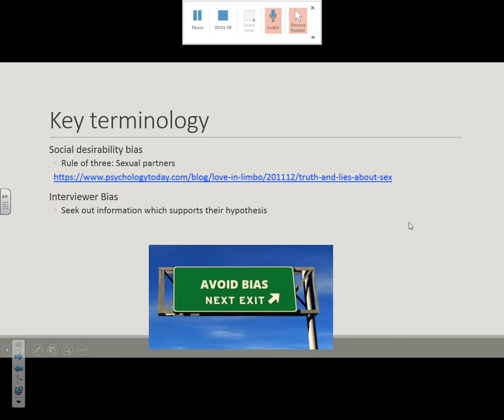And then interviewer bias is where they seek out information which supports their hypothesis. Another one for this is confirmation bias, but we're thinking particularly about interviewers here. So they could do lots of different things, a bit like the observer or experimenter effect. For example, if they were looking at drugs and interviewing people, and they knew that this person was in the experimental group, taking the drug,